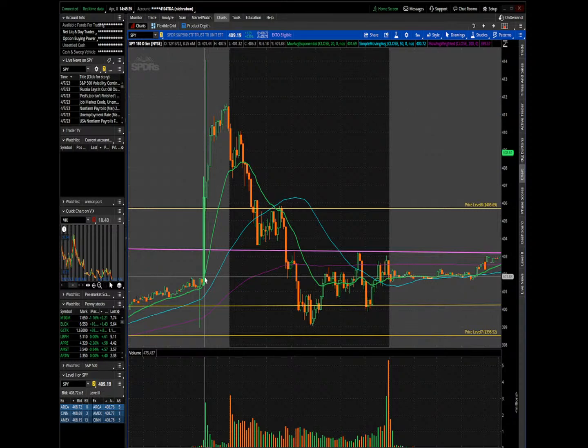What you're seeing me do right here is I just read the chart. I chart out what I see and I go from there. That's all I do. Okay? And by doing so,